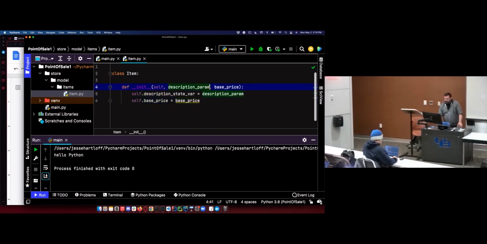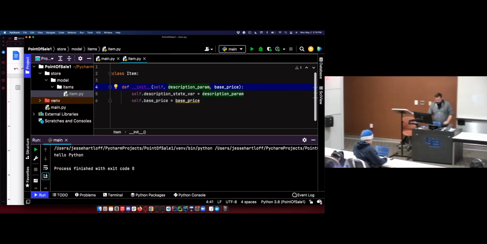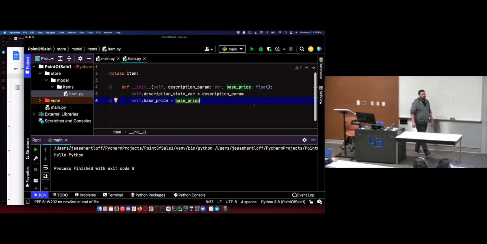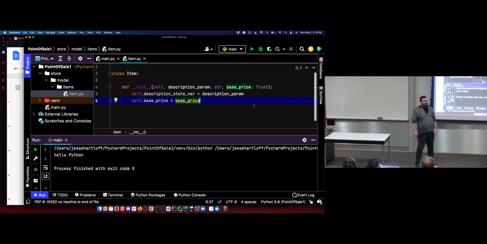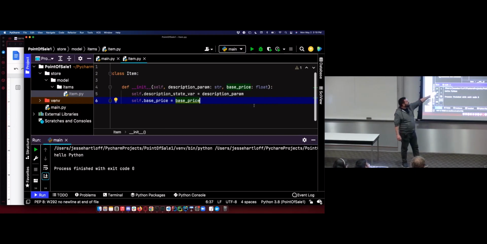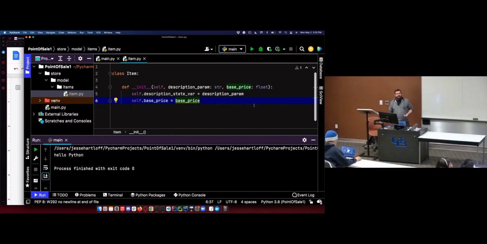It takes two things. We do have, Nicholas will be mad if I don't mention this, something called type hints in Python. So we can use the same syntax that Scala does to give what's called type hints. Types aren't enforced by Python, but if you add your type hints like this, your IDE can start enforcing some of this and give you hints about the type. So now that my IDE can tell that this takes a string and a float, it just makes my life easier, because if I do something stupid, the IDE is going to be like, hey, that's a string and you're treating it like an int. Maybe you don't want to do that.